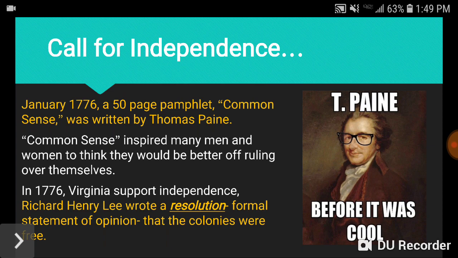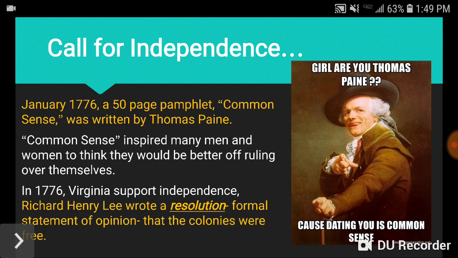So a lot of events are leading to fighting. The American Revolutionary War started. Half a year later, in January of 1776, you have this guy by the name of Thomas Paine, or T-Paine as he's also known. He is going to write this lengthy pamphlet. His pamphlet's going to be called Common Sense, and he's going to change or try to shift the American